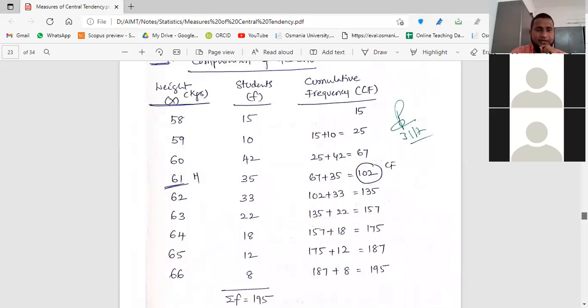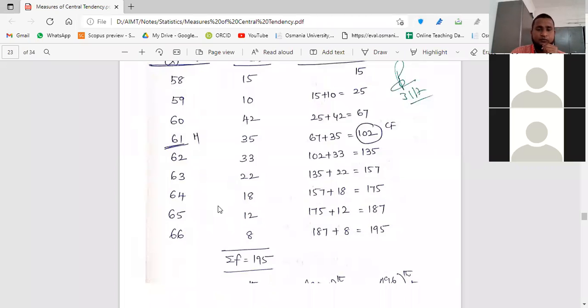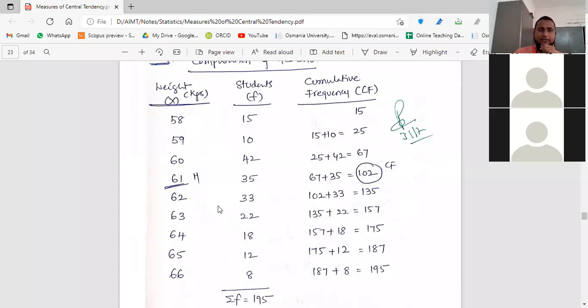That is the median. Obviously, this 61 is also dividing the series equally. It is starting from 58 and going to 66, and 61 is the median value. So you have 5 terms greater and 4 terms lesser, like that. In case of an individual series, there are two kinds of formulas: one is for even, another one is for odd series. For odd series, it is (n plus 1) by 2. For even, you have to find n by 2 and (n plus 1) by 2 values.